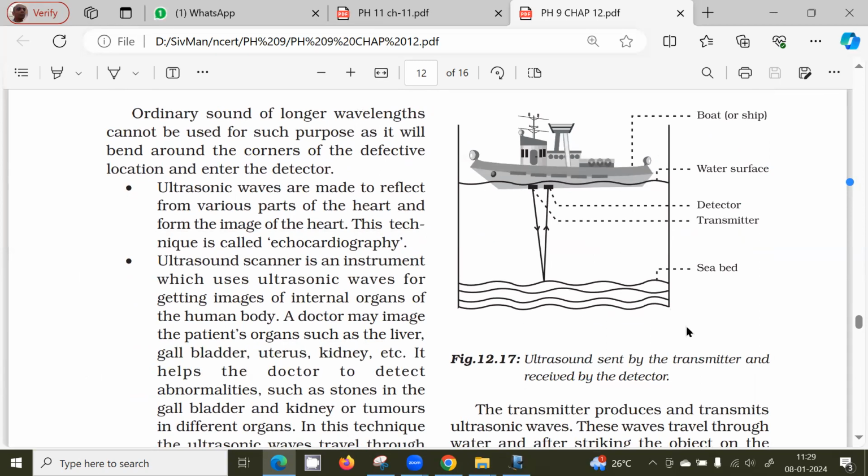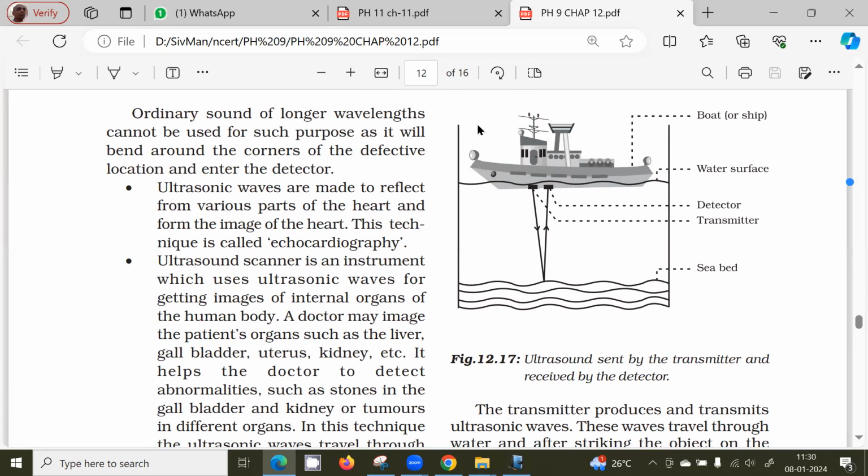One more thing here. Like we can find the distance of a cliff by using sound and the time it takes for the echo to reach back, similarly I can find the depth of the sea. I don't need a scale or anything to measure this distance or depth. I'll emit a sound, it'll go and get reflected back. Using the time interval of this echo, I can estimate the depth of the sea. And here I have to use the speed of sound in water.